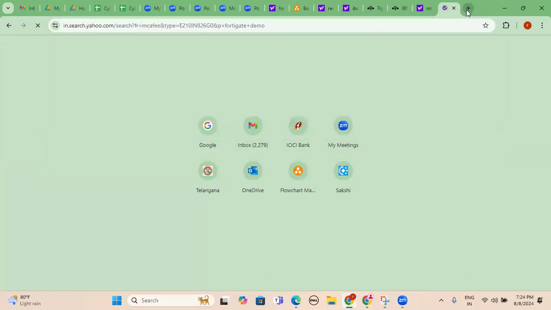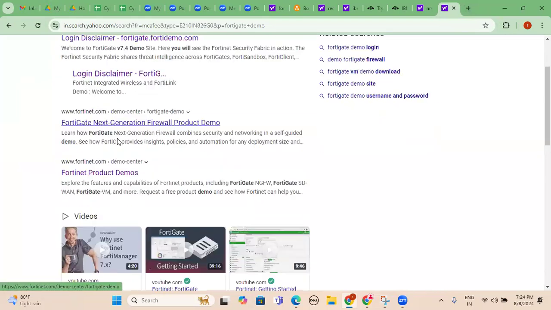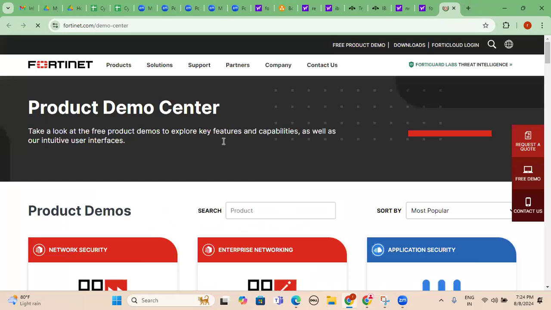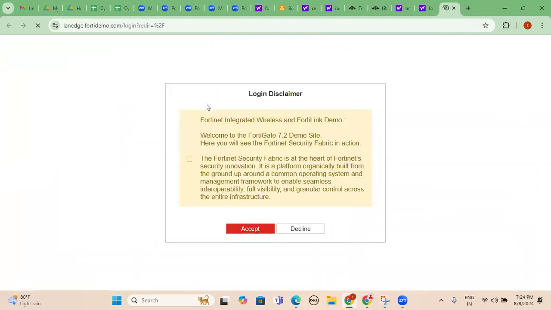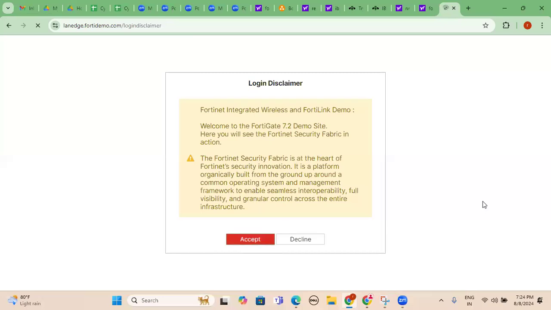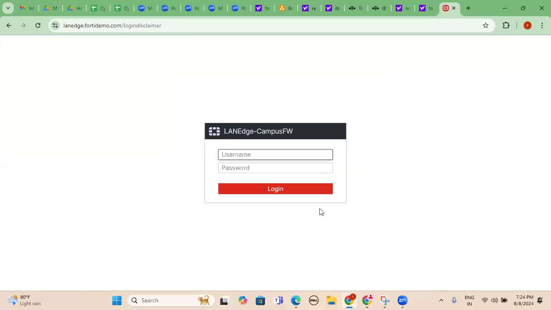So I'm typing FortiGate demo here. Several times I have shown this tool already in the class. Not this one. You can accept here. Right now 7.2 is the version. And here is the demo.